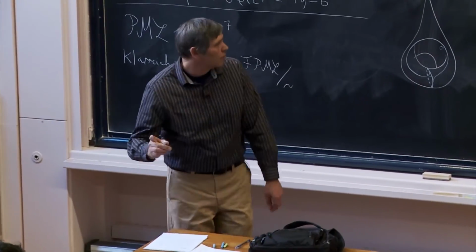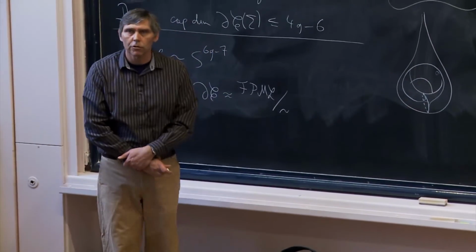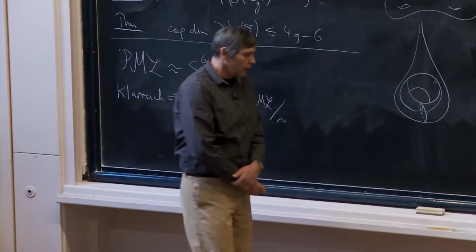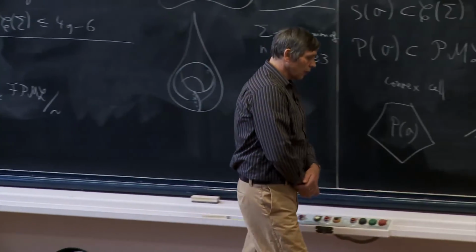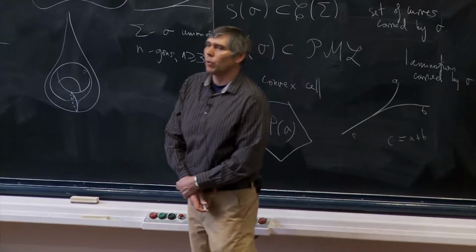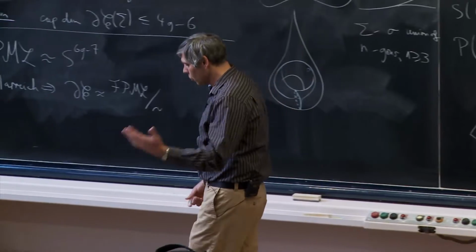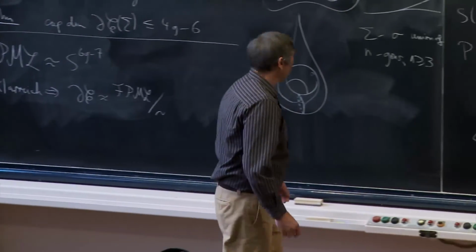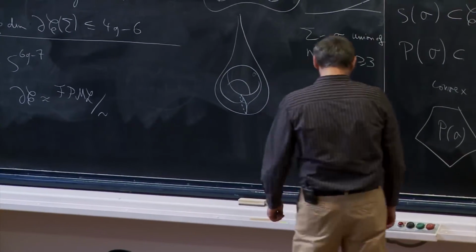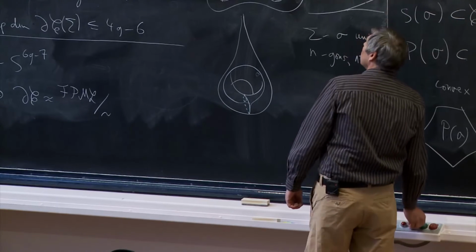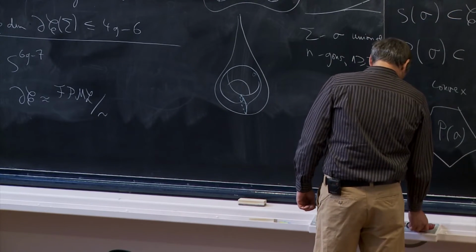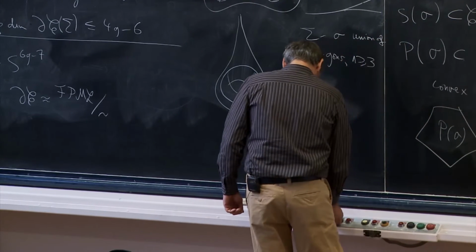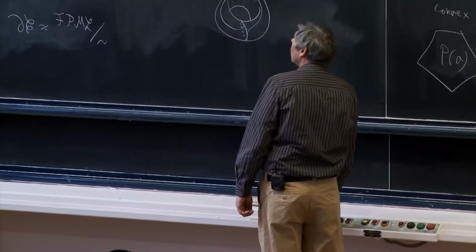And then there's one more notion that we will need, and that is the notion of a vertex cycle. Every train track carries a curve that crosses every branch at most twice. So those are kind of short curves carried by the train track. Let's see if I can manage this. Is this 1 or 2? I can never remember. I think this is 2, right? Yes.